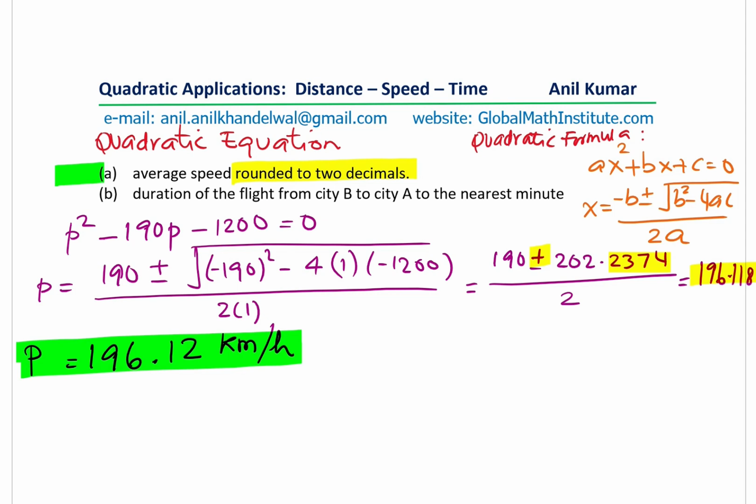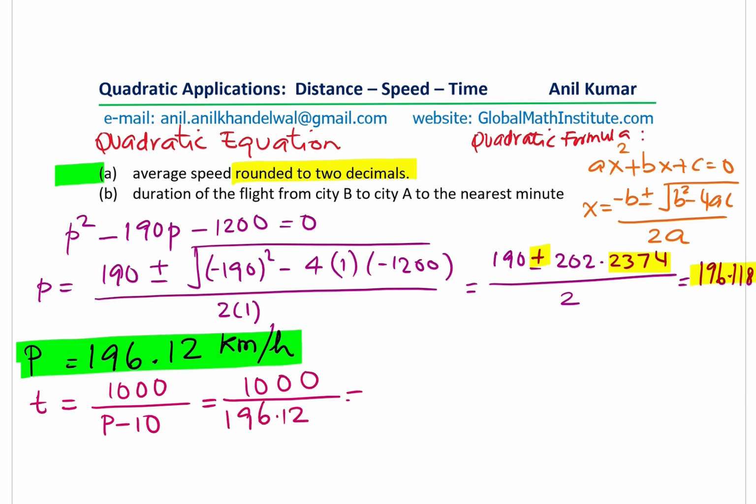Now the second part is the duration of the flight from B to A. But what is T for us? T is from A to B, right? So let's find this part B in a different way. We'll find out the duration of flight. We know T is equal to 1000 divided by P minus 10. So which is 1000 divided by